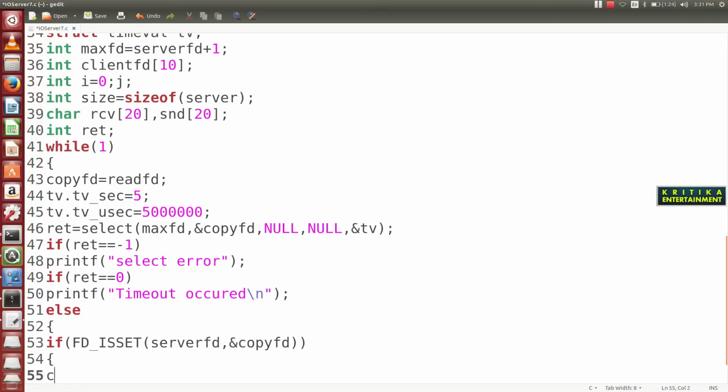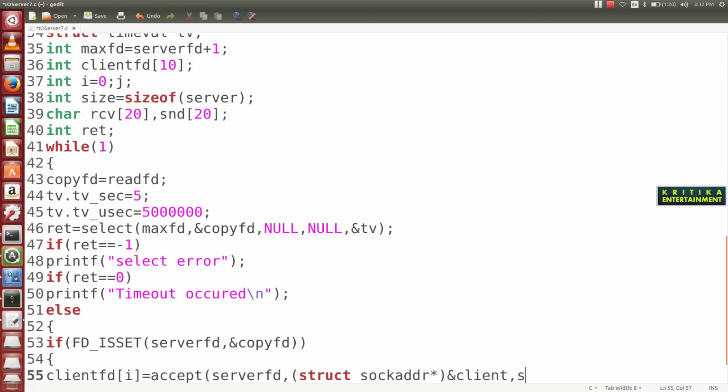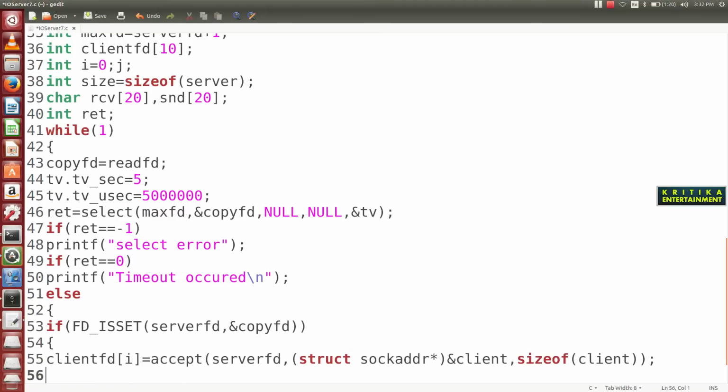Then here write client_fd[i] is equal to accept, then server fd, then pass sockaddr pointer &client, then sizeof client.